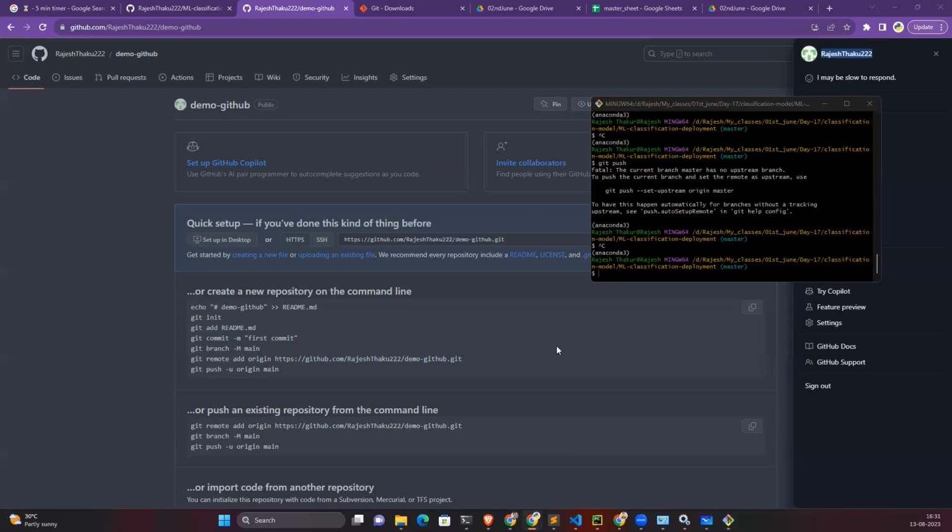In my case, it is throwing some problem. It is showing everything up to date. No, did you execute the git push? You can take a screenshot and send it over WhatsApp if possible.